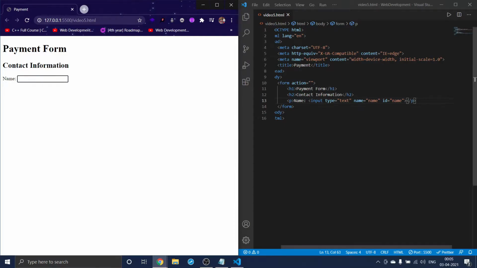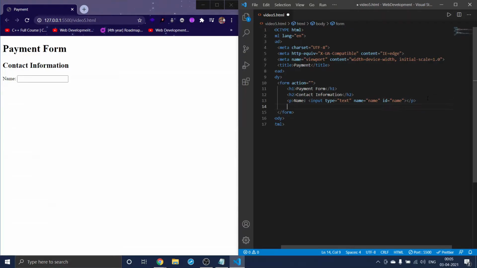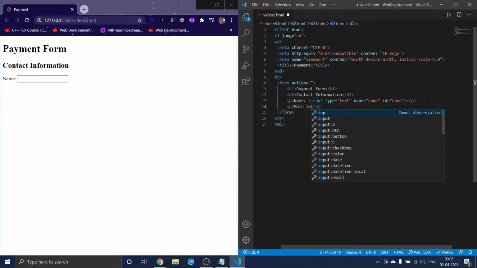Let me clear this, and after name I want gender. So for that I will use a p tag, and in that gender, or directly we can use male, and in that what you can do is an input element which will be of type radio button.